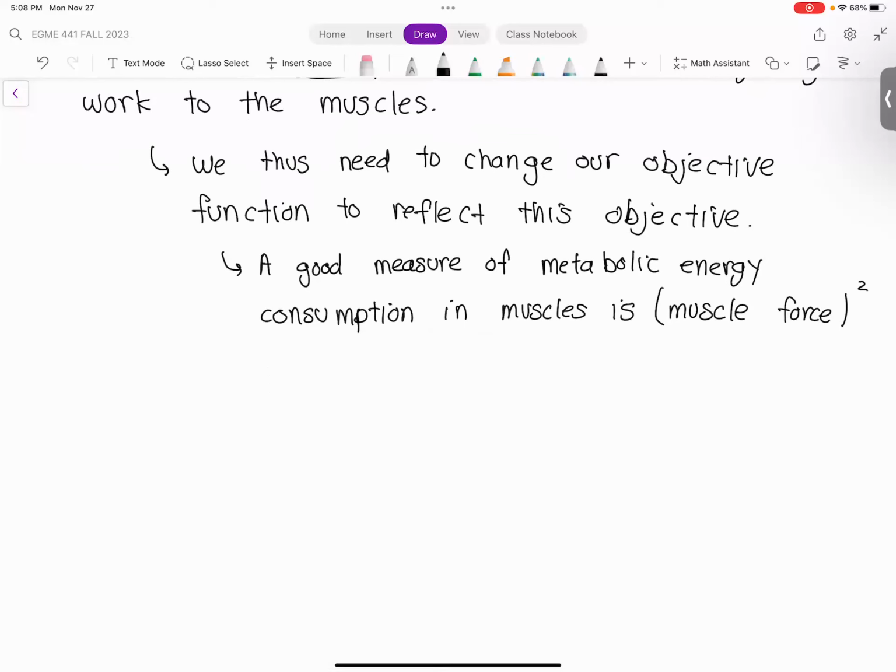Okay. It seems very simple, but let me illustrate it like this. And let me compare it to what we had before, which is just the force by itself, right? So in our previous objective function, we had the force by itself. It was essentially a linear scaling of the muscle force. Okay. So let's look at it like this. In the linear scaling, in the previous objective function that we had, if we double the amount of force,